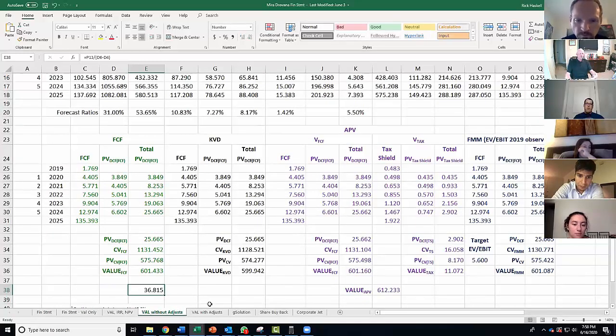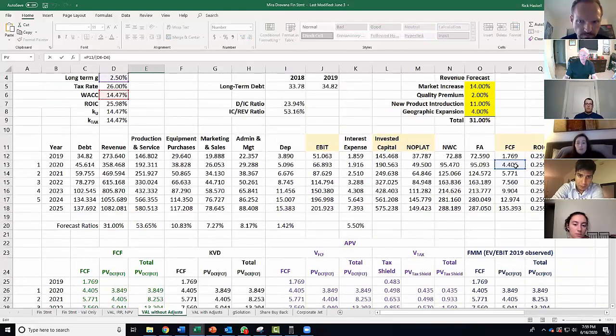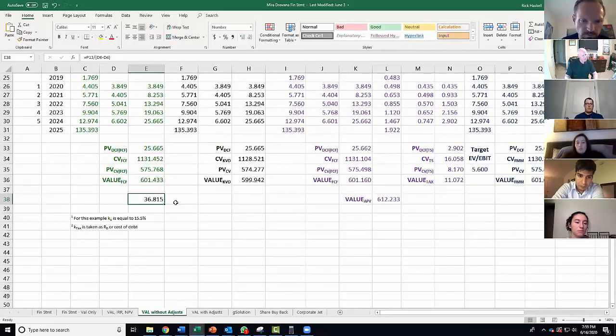look at the difference in value. It's 36.81 instead of 600. And I took free cash flow from next year divided by R minus G, and it gave me 36.81. I'm going to call it 37 instead of 600. Why is there such a dramatic difference between those? Because you didn't take into account any of the other potential years of cash flows. That's only 1 year's cash flow.